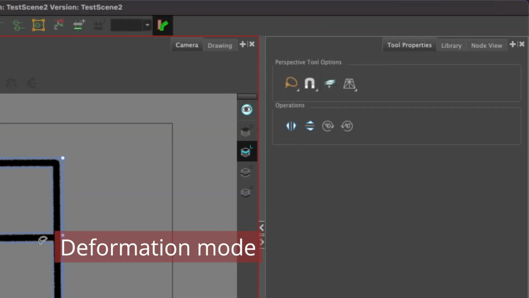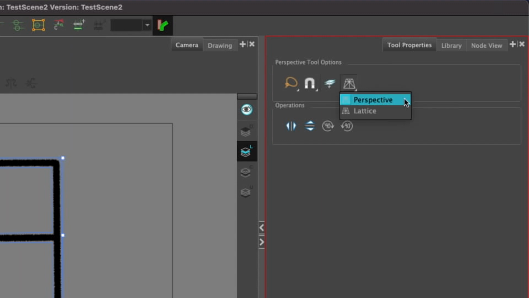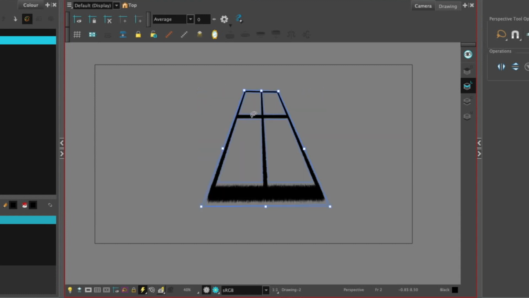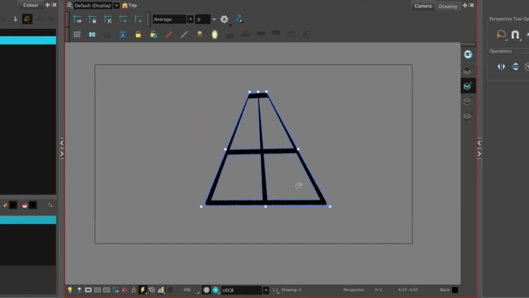With the perspective tool, there's two different shapes to deform via. Via this drop down, you can select either perspective or lattice. Perspective will treat the deformation as if it's applying a perspective to it. For example, if I make one of these edges really small, you'll see this middle line has gone further away from the camera. It's applying a camera perspective to it. Alternatively, lattice will not do that. Lattice will keep the lines in place. It's not applying a perspective deformation inside the shape.